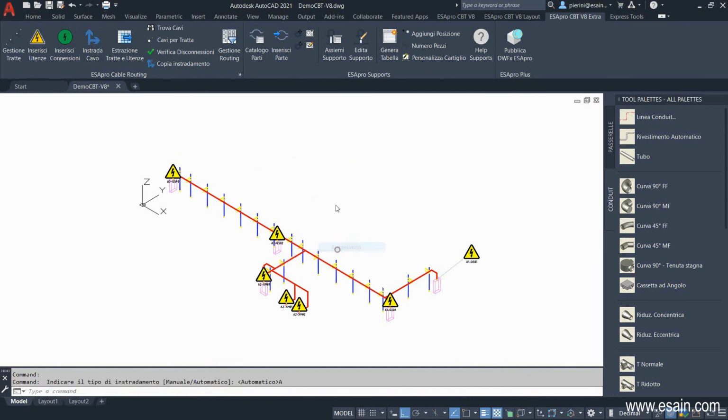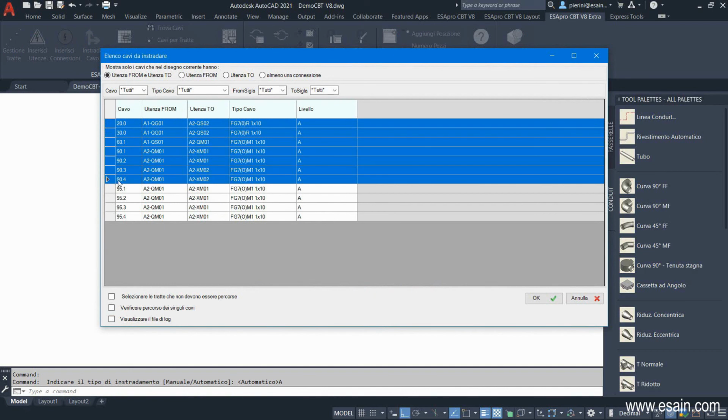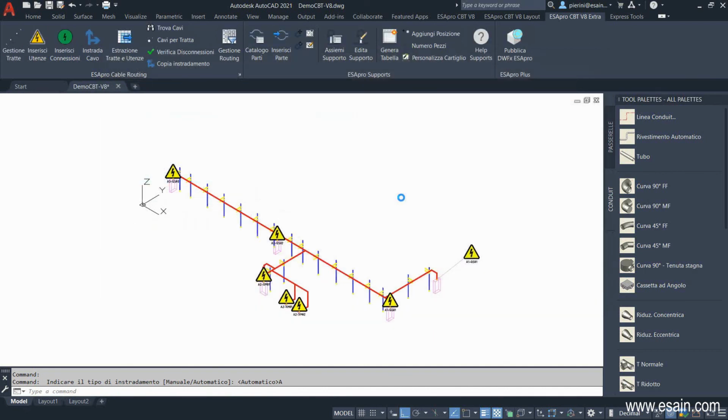Let's see how the software behaves when it detects an overfilled section. Let's select a range of cables from cable 20 to cable 94, and we automatically route them. Some of them will pass into conduits that are intentionally undersized.